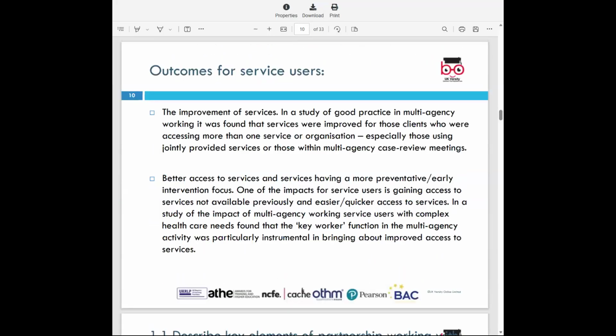Oh, okay. Yeah. So outcomes for service users. The improvement of services. For any service users, new services would come in, and they'd find improved services for the client, so it'd be really good for them. Also better access to services. It could become easier, it could become quicker, and the impact could be easier for them and there'll be more developments for them. So there are good